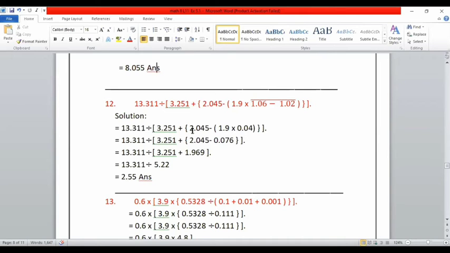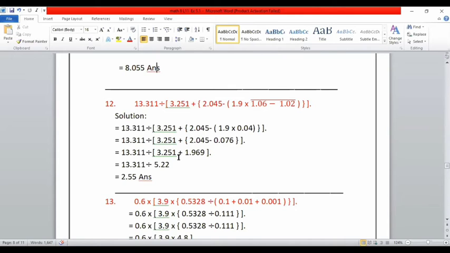Dear student, here 2.045 minus 0.076. Now here again after multiplication this small bracket is removed and we got the answer 0.076. Now we have to remove the curly bracket after subtraction and we will get 1.969. Keep under 2, we will keep the 0, point under point and 0 under 0, and under 4 we will keep the 7, and under 5 we will keep the 6, and the answer comes out